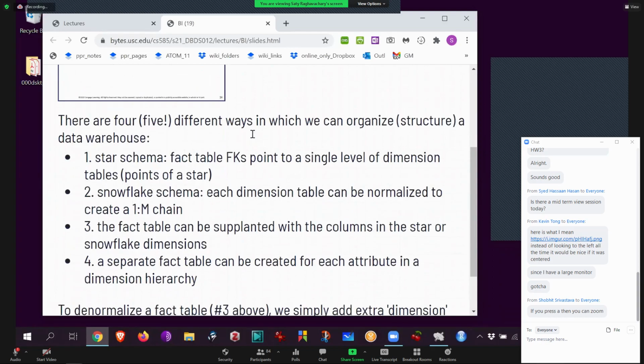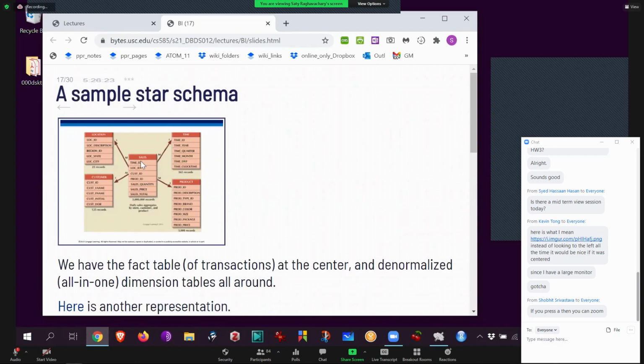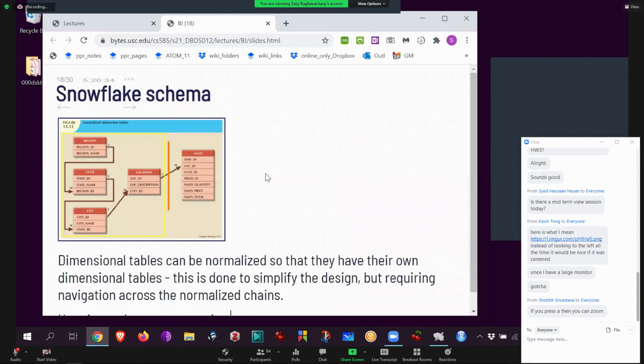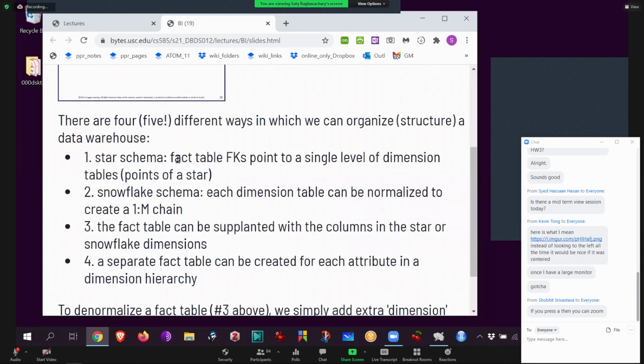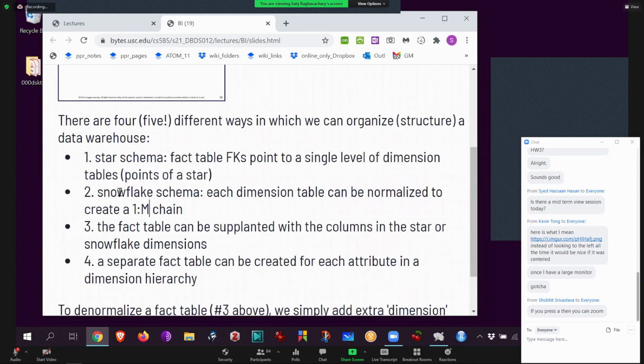There are basically 4 ways in which you can organize all this data, okay? So I've shown you 2 ways. The first way is facts just go in the middle, and then you have highly denormalized, meaning the whole hierarchy is all just in one level. You call it a star. Then the second is you go from a star to a snowflake. So star was a fact with foreign keys, like a location ID, that would point to a single level of dimension. So dimensions don't have their own dimensions. But now dimensions can have their own dimensions. So these are the 2 we just talked about.